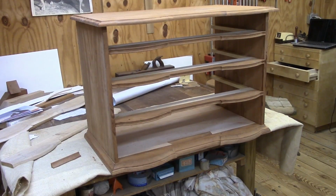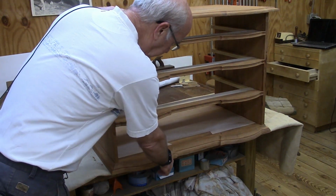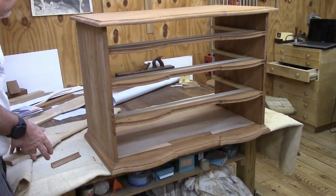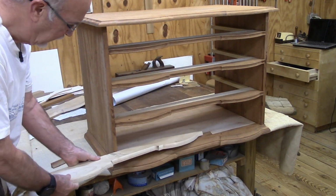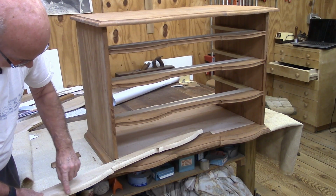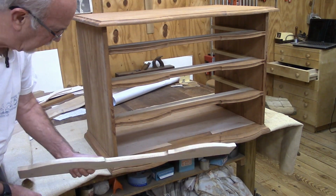So I want to get caught up on a little bit of video here. I made this molding along the bottom edge here. The way I did that in detail is in the previous build videos, but here's a template for a piece of 5-inch mahogany, and it has a partial round over on it and a bead down here. So I use this kind of as a pattern